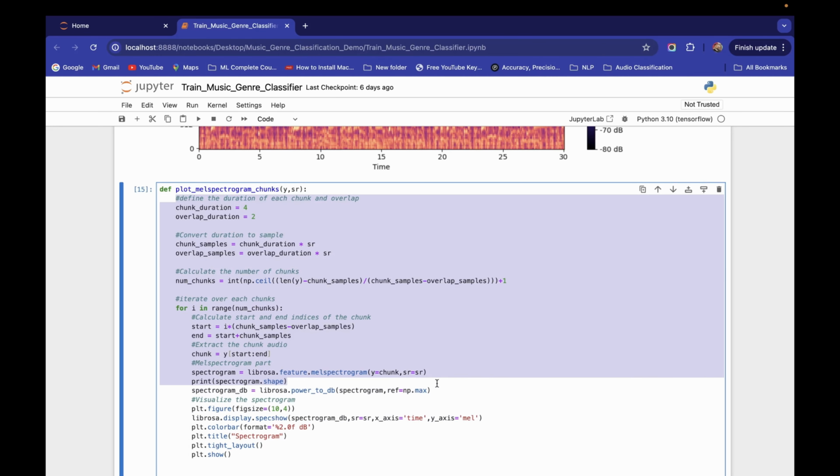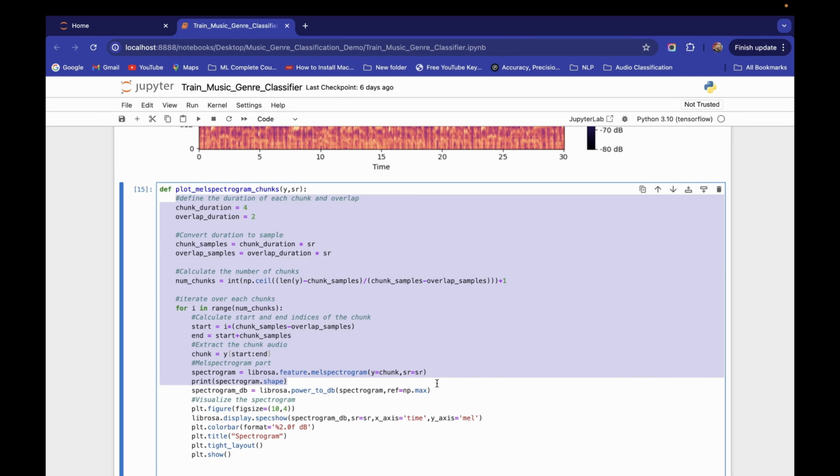We will take it from chunk duration up to spectrogram. So I will go inside this, paste this information, and tab it inside, so these are all inside this if statement.